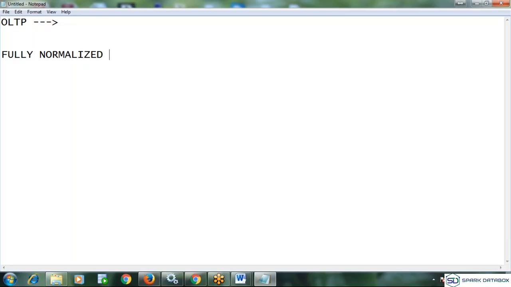With normalization, I can maintain all the perfect data. It follows all the standards of data, like primary key and foreign key, null values, and check constraints. Each and everything it follows, and along with that we are maintaining the uniqueness and correctness of our data.